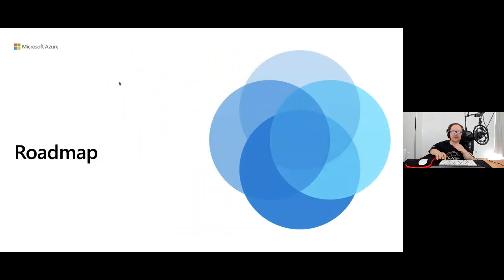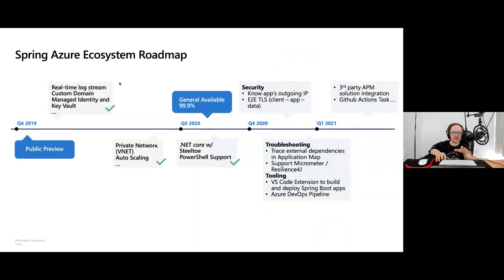So the roadmap: we have so much invested in the service here. We've just had general availability two months ago for the Azure Java Spring Cloud, and we've just done the same for .NET Core with Steeltoe. So we're going to bring out PowerShell support, which is available. Then we're going to do security, the outgoing apps API, the tooling, the VS Code extension coming soon, Azure DevOps pipeline, GitHub Actions,